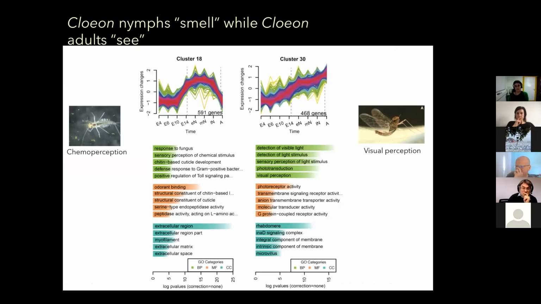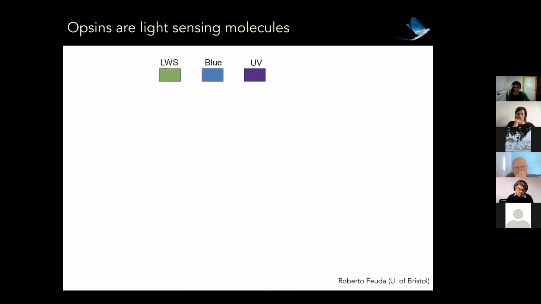So this is what we found out about the chemoperception during the aquatic stages, but what happens with the visual perception of adults? For that, the most essential thing to look for is the opsins, which are the light-sensing molecules. And in insects, there are 3 main families: the long-wave sensitive opsin, the blue sensitive opsin, and the ultraviolet sensitive